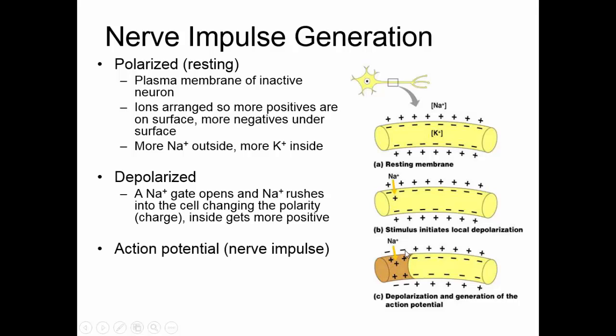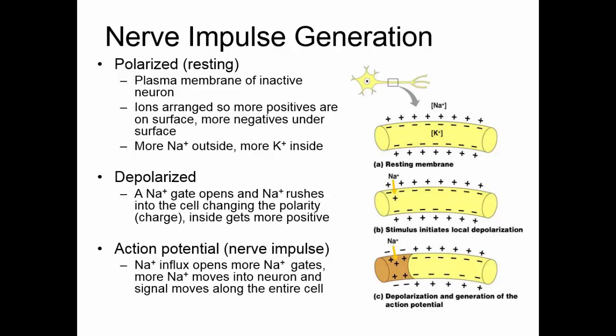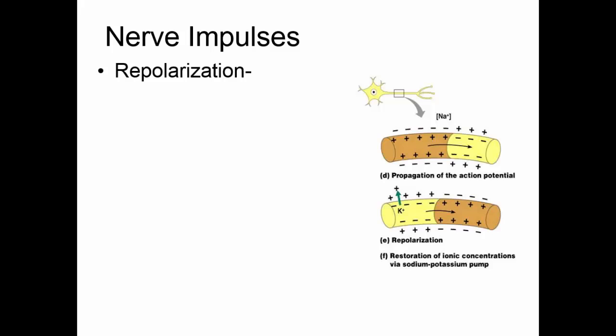The action potential or the nerve impulse happens because this influx of sodium ions here opens another sodium gate here and here and here, and so we have this wave of depolarization go down the axon until we get to the axon terminals. Repolarization occurs because right after we open those sodium gates, we open some potassium gates, and potassium